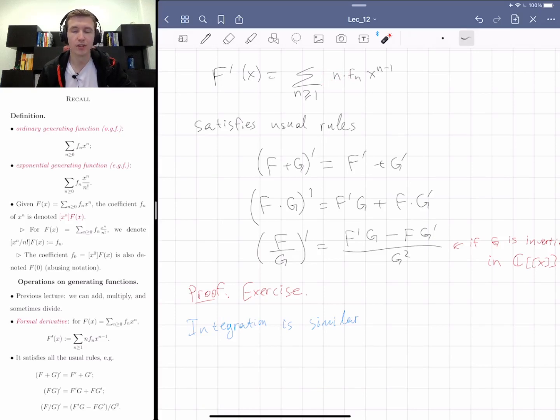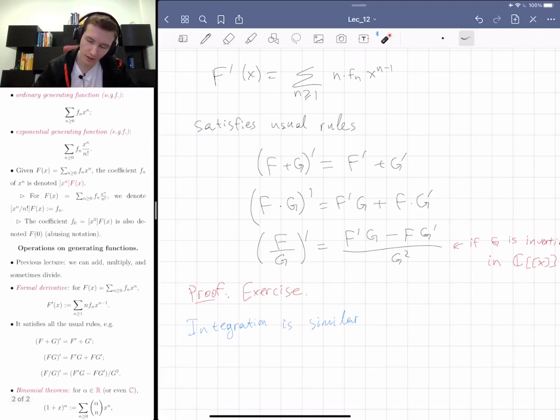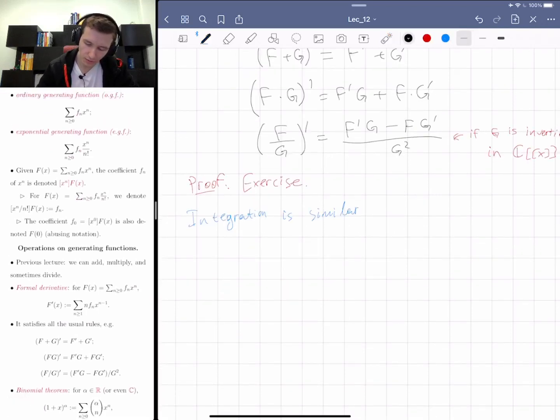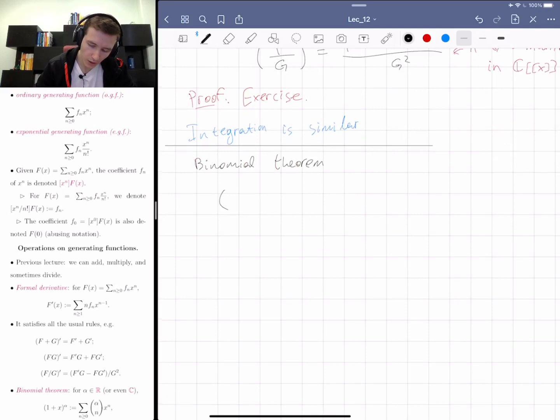Now, let me also mention another nice operation. I'm going to state it as the binomial theorem, right? That's another fact you learn in calculus. We already discussed it with integer exponent, but you can also take (1 plus x) to the alpha. So you can take alpha to be arbitrary, for alpha in C. It can be real or even complex. Let me write real, because I don't think we're going to use it for complex numbers anywhere. But for real numbers, like maybe 1/2 to get the square root, you get the sum